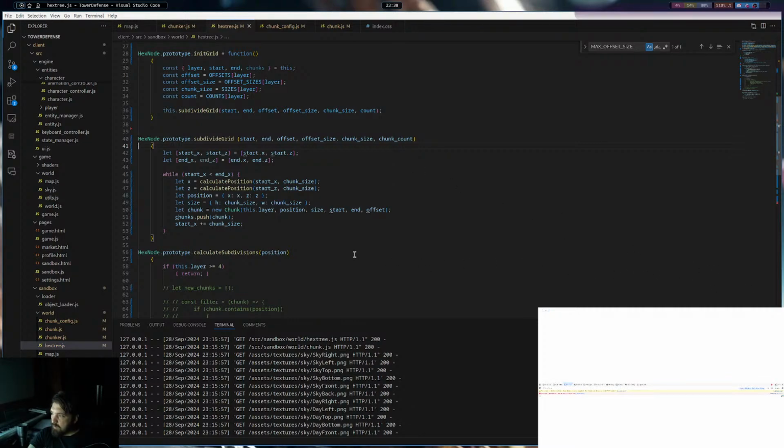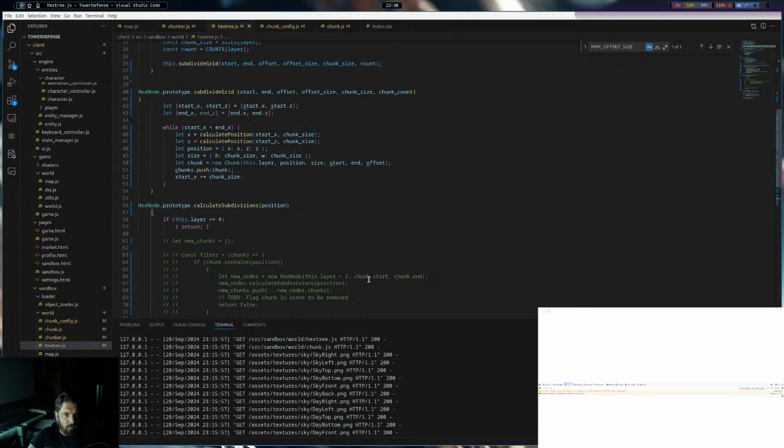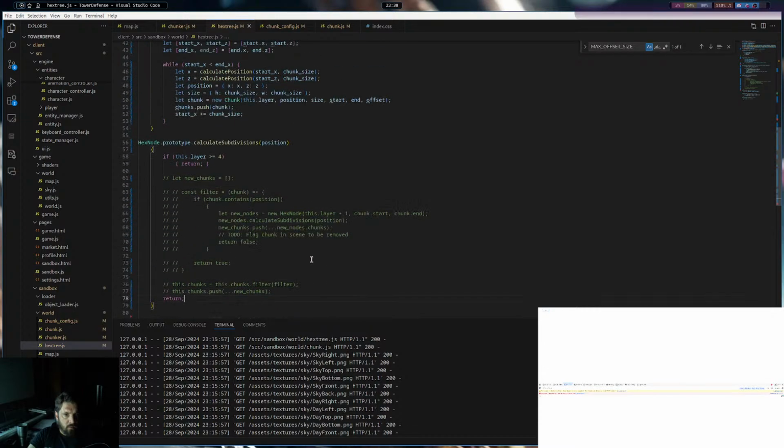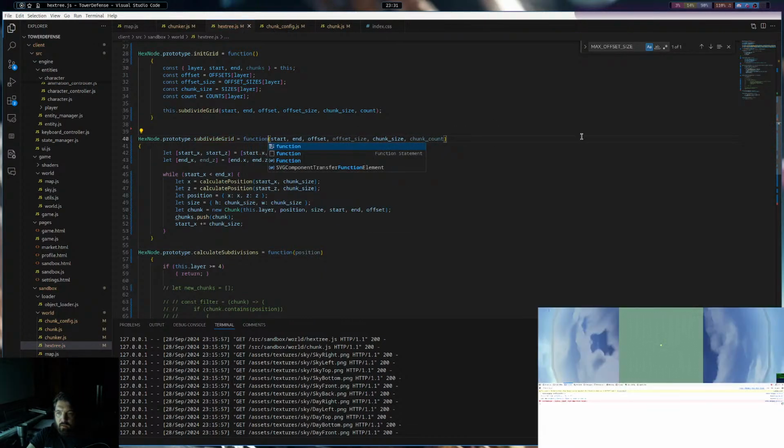Return not in function, line 59. Return not in function. Oh, we've got to say equals function. That's right. It's declarative programming. Now our HexTree object only has these parameters. It's got a prototype, but it doesn't copy all of these to every instance. It only copies these values.